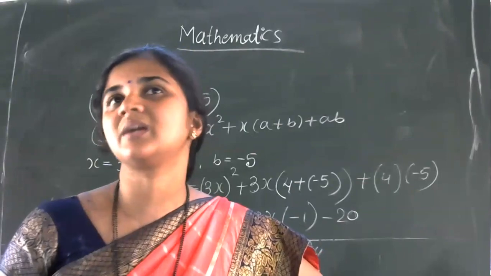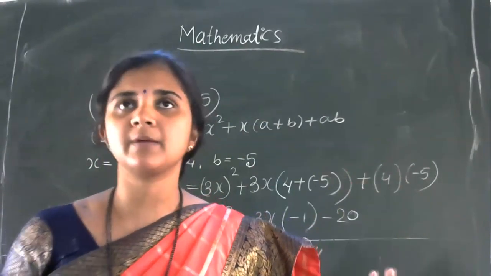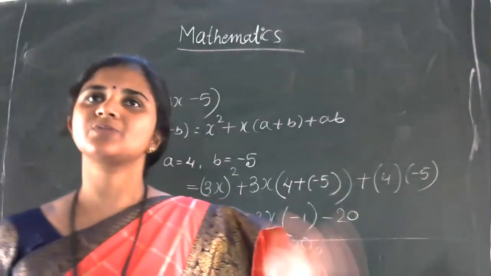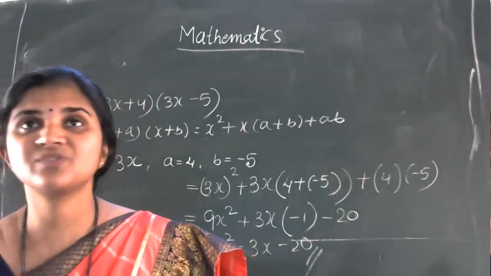While explaining it, somewhere you may get a little confused. So you can take it as a plus b whole square, a minus b whole square, then a square minus b square, then the last one is x plus a into x plus b. Okay, yes, next main question is very clear.